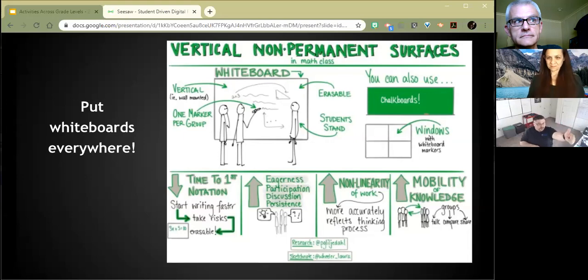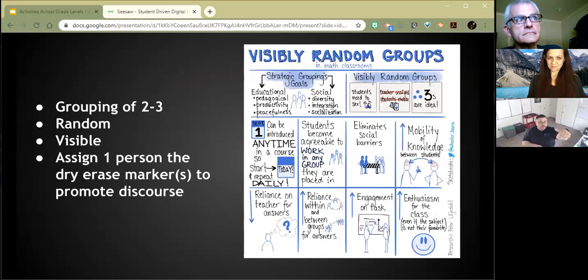On the next one, there's another characteristic of his research called visible random groups, because kids and adults are going to get complacent if they're in the same group, right? We know this. If I sit at my table with my same group of friends, we're not going to be very good throughout the whole PD, right? And if you switch me up, something's going on in my mind,